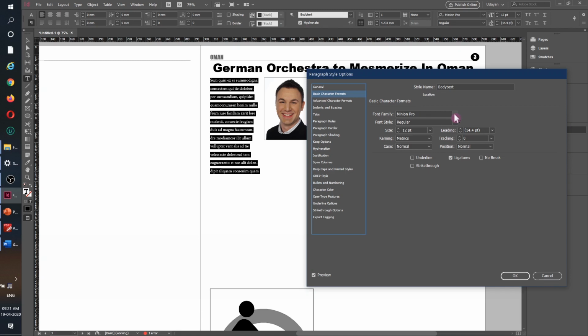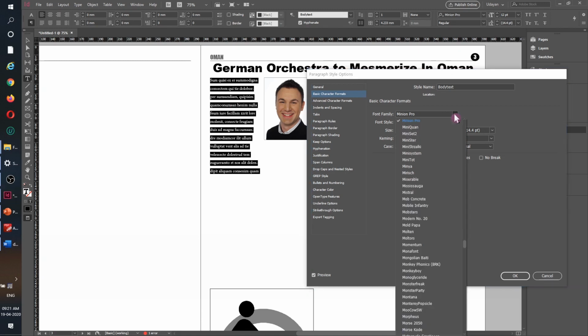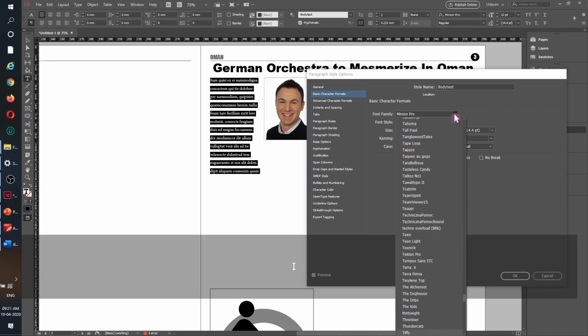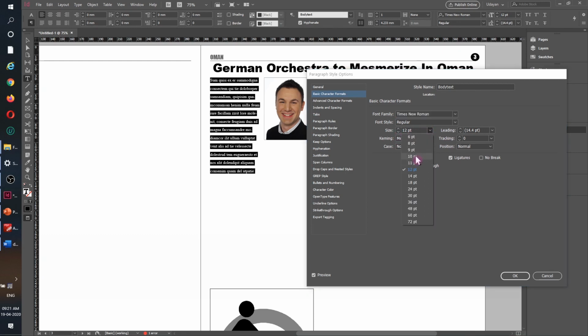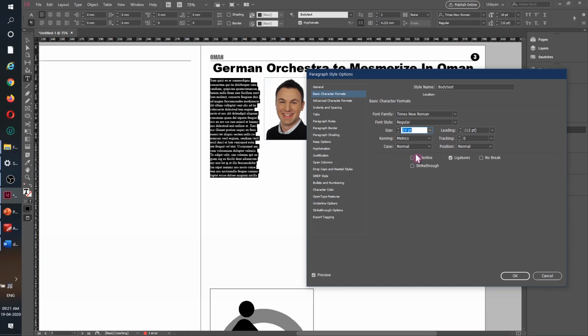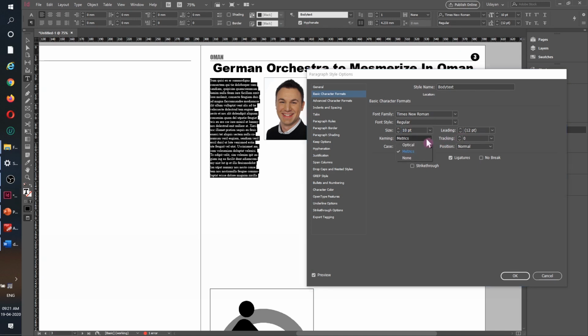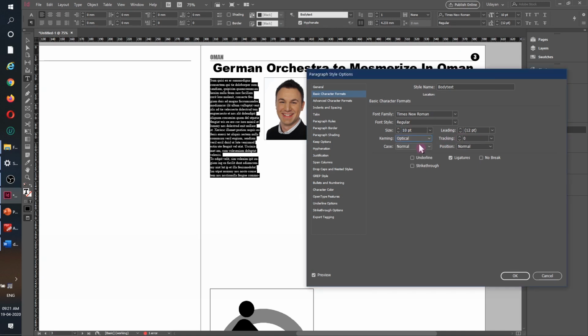I would like to have maybe Times New Roman so that everybody has that. This is one font available with everybody. The text size, I want it to be 10. Now hopefully this is looking a little bit better. Automatically leading gap is 12, you can see here, because it is connected to baseline, so everything is looking good. The kerning method should be optical, and so far so good.